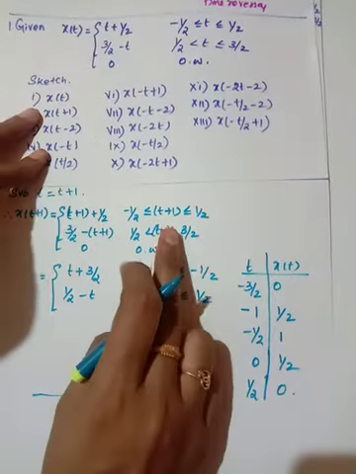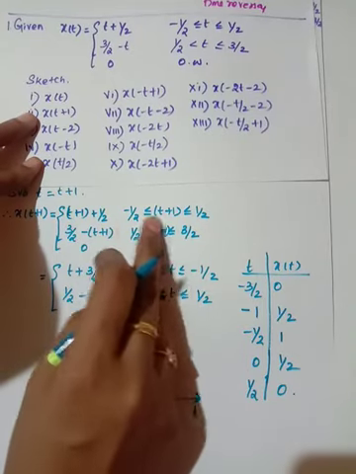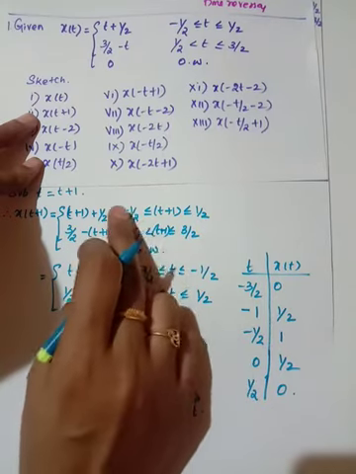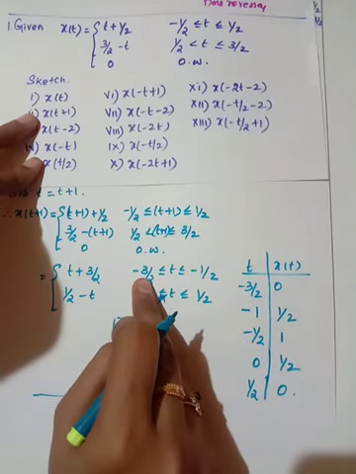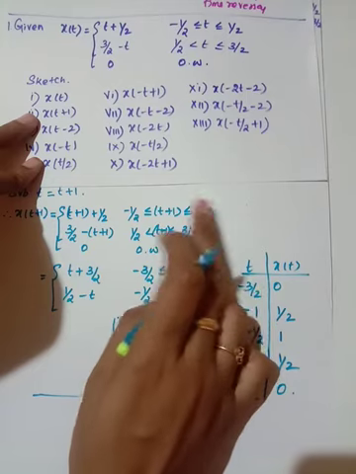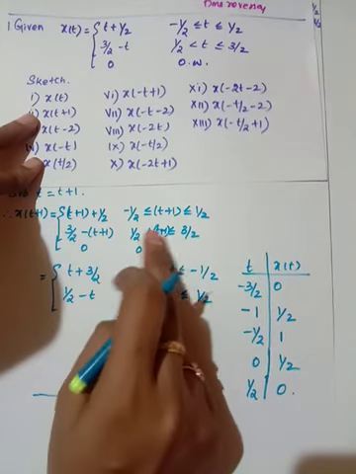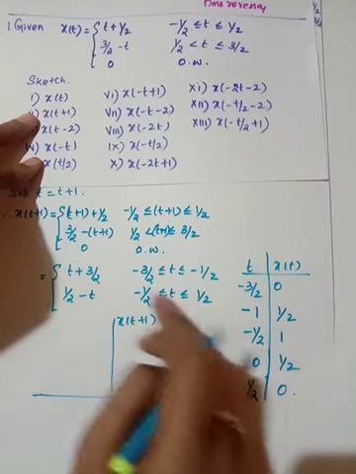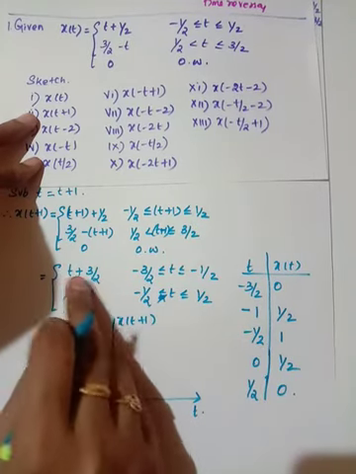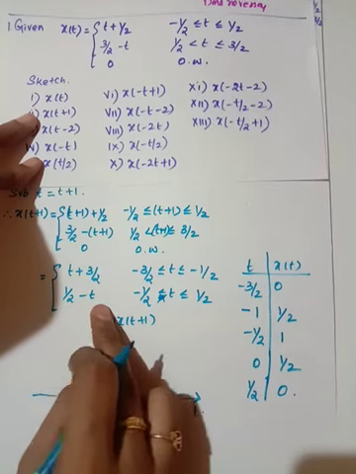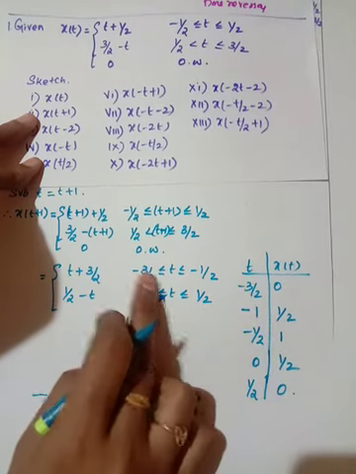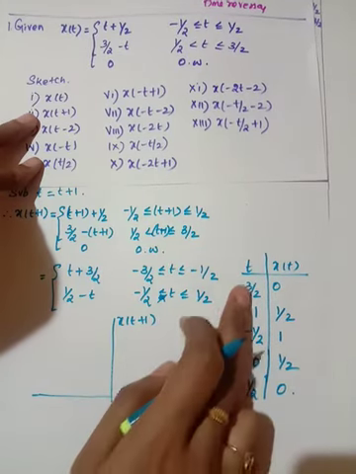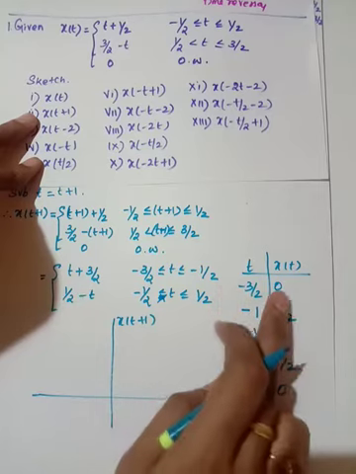Okay. So after simplifying this and having only t, here you will get minus 1 by 2 minus 1, so it is minus 3 by 2. And 1 by 2 minus 1 minus 1 by 2, 3 by 2 minus 1, it is 1 by 2. Now when you simplify, it will become t plus 3 by 2 to 1 by 2 minus t. So same thing here, minus 3 to 1 by 2 is the range. So when I substitute minus 3 by 2 in this equation, I am getting 0.